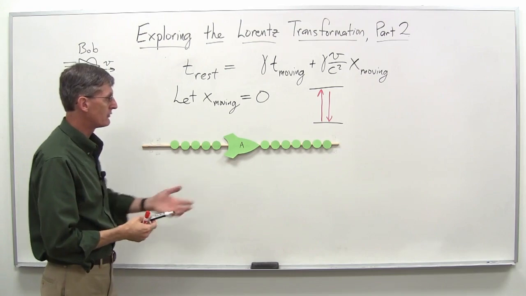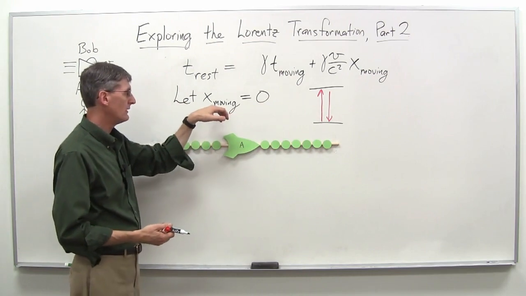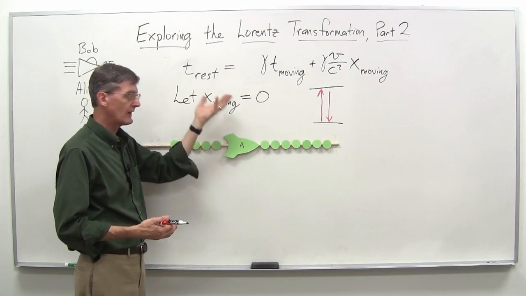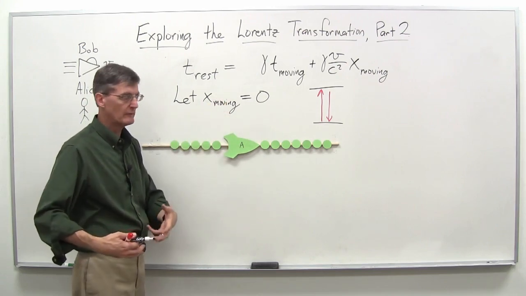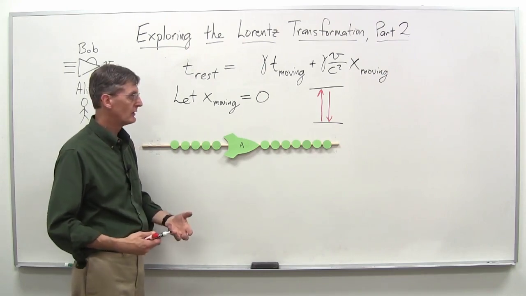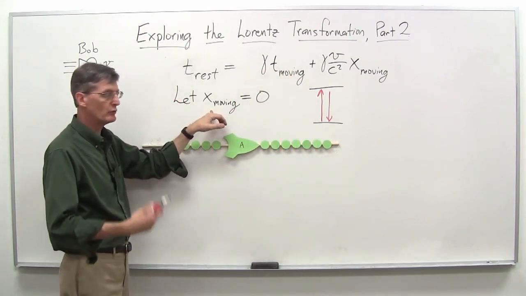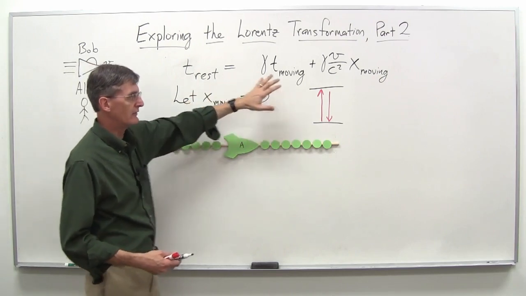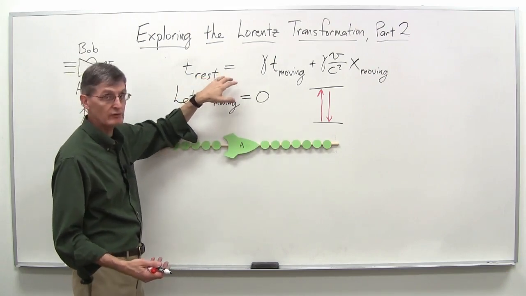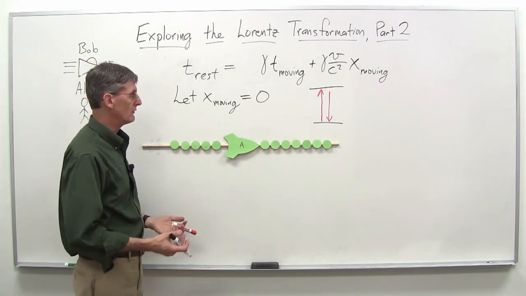But as far as Bob is concerned, if he's carrying the light clock with him as it goes along, that bouncing up and down is happening in his moving frame, what we're labeling the moving frame from Alice's perspective, but in Bob's frame at x equals 0, because it's in his cockpit with him, and that's his definition of the origin. As far as he's concerned, he's not moving. And so essentially, for that light clock example, we had the x value for Bob in the moving frame be equal to 0, and we see it falls right out of the Lorentz transformation equation as it should. We just get that time measured in the rest frame is gamma times the time measured in the moving frame. Gamma is greater than